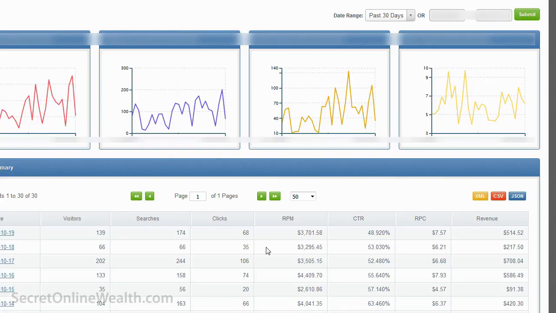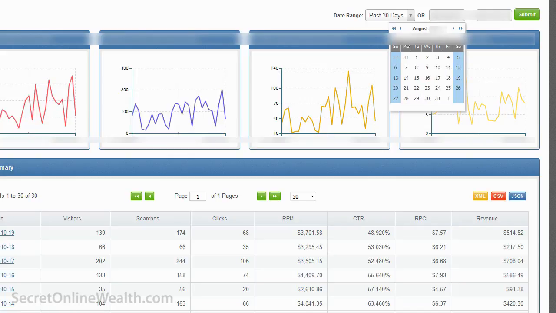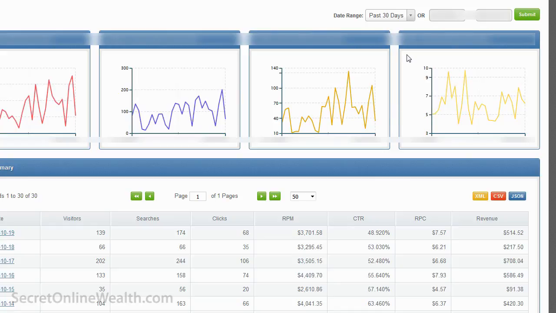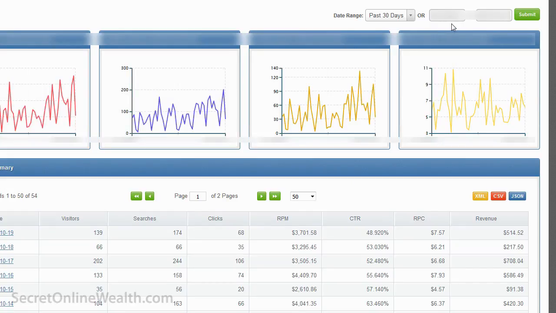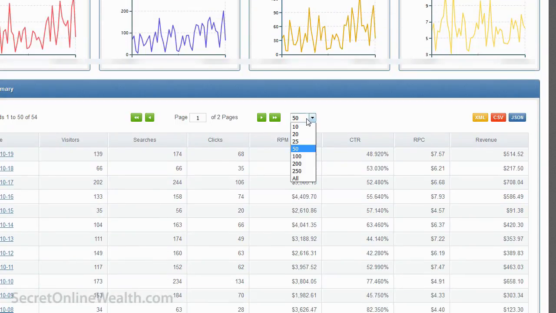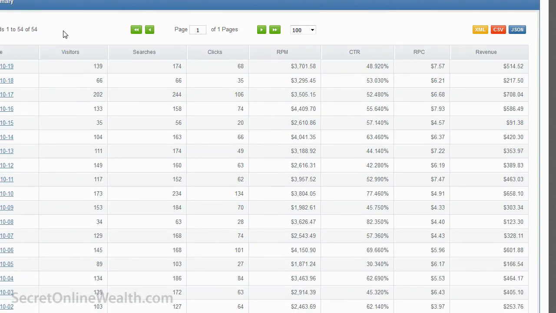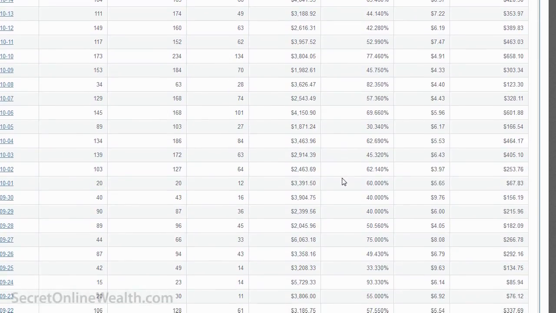As you can see, there are some numbers here, but I want to change the date back to about when I know I started this campaign. I was probably messing around for two weeks or so, just dabbling and trying to figure some things out. I changed the date back to about the 27th of the 8th, so it's right around 50 days, and I'll put this on 100 so it displays all. It's right around 54 days ago that I started this campaign.